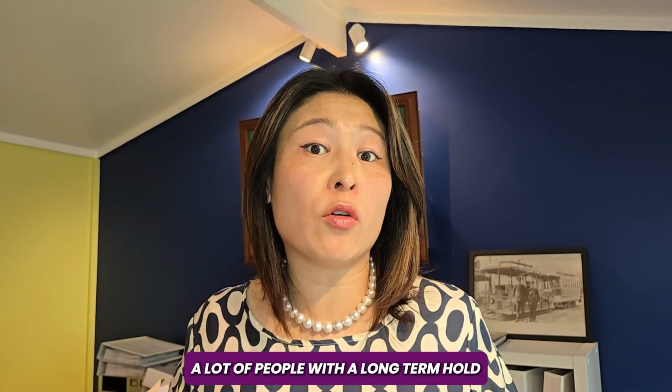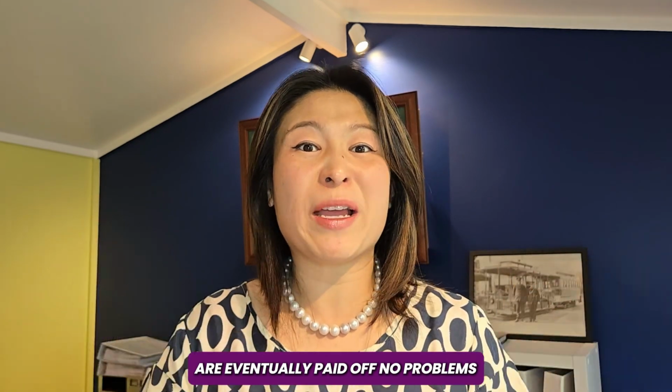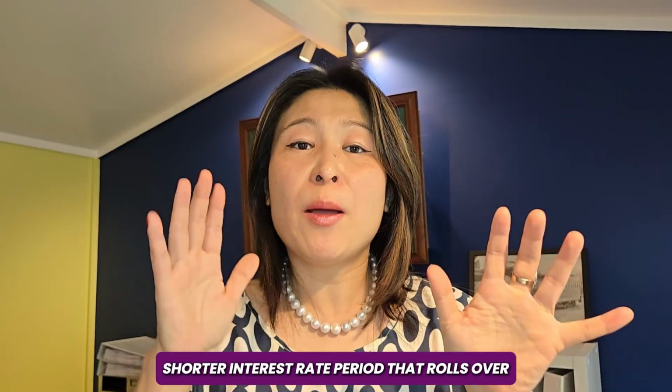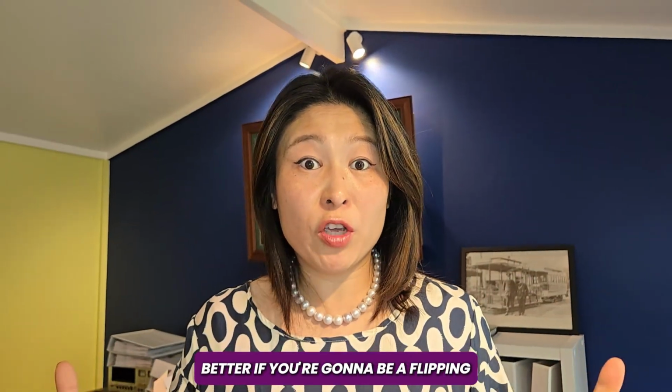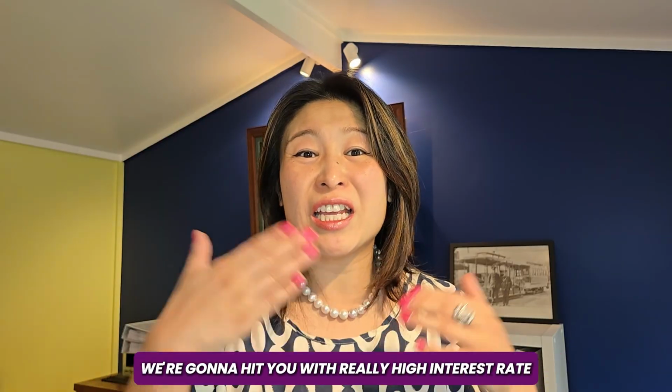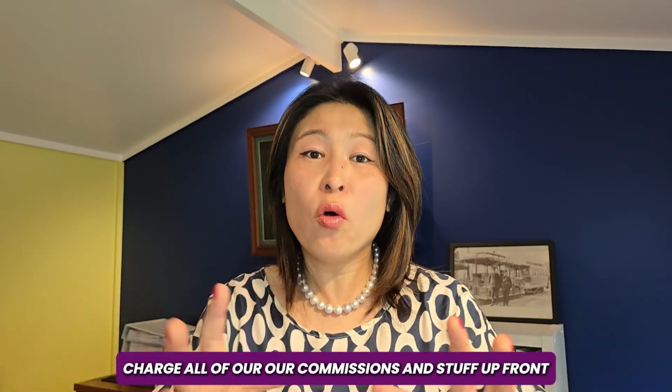A lot of people, it's a long-term hold, I'll eventually pay it off. No problems. The bank's happy to give you a much longer lease, shorter interest-free period that rolls over, but you might find your interest rates better. If you're going to be a flipper, you're going to flip, they're going to go, well, you know what, we're going to hit you with really high interest rate, charge all of